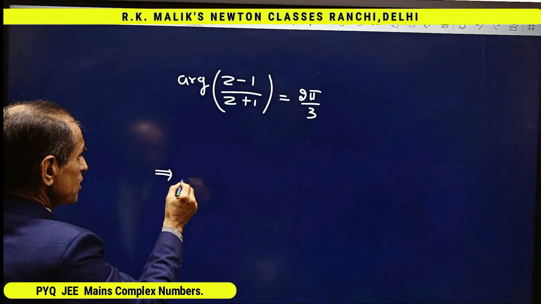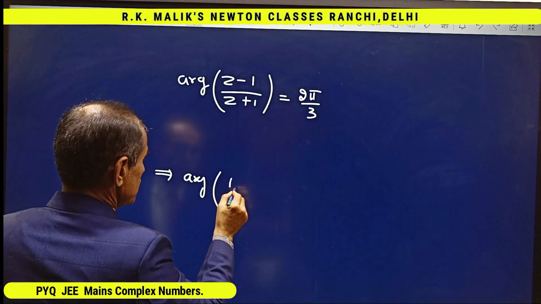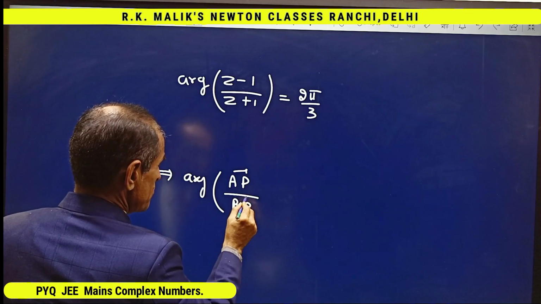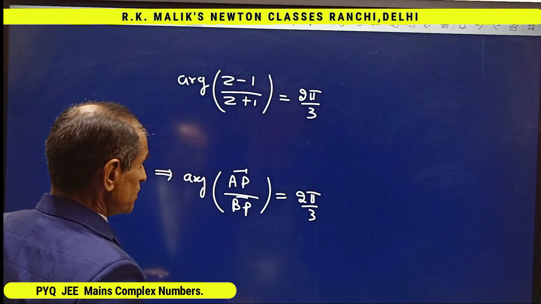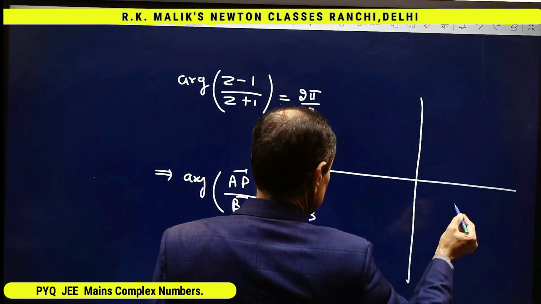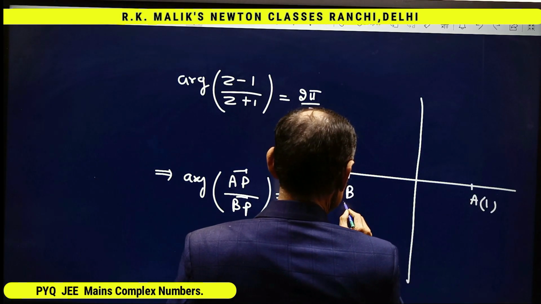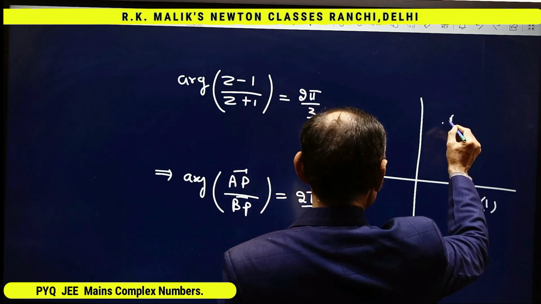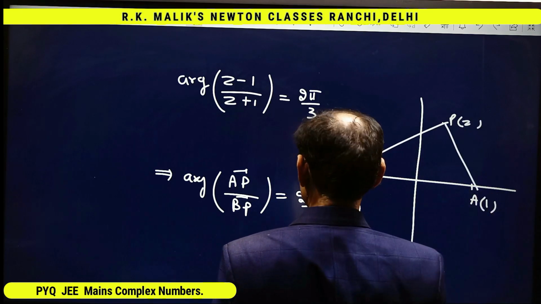This implies that argument of AP vector upon BP vector is equal to 2 pi by 3, and in the complex plane, this is the point A having complex number 1, this is the point B having complex number minus 1, and this is the point P having complex number z,